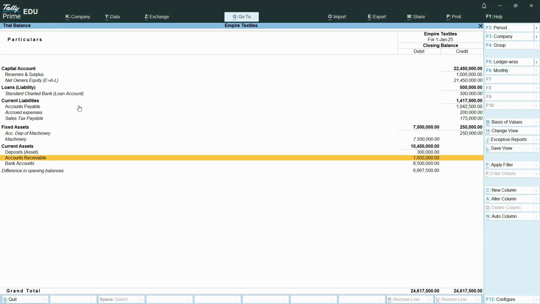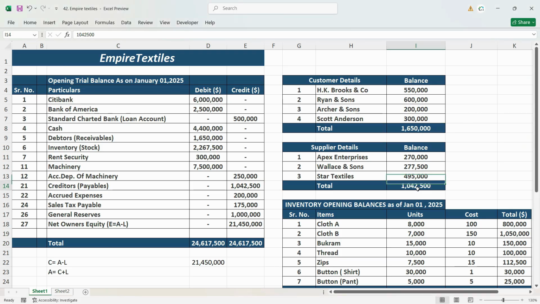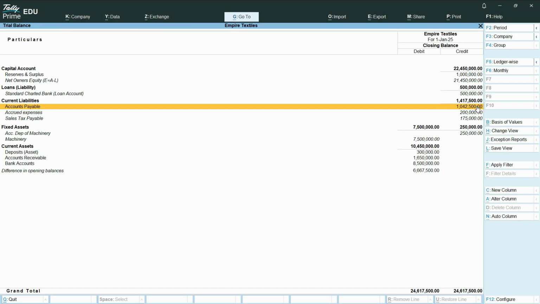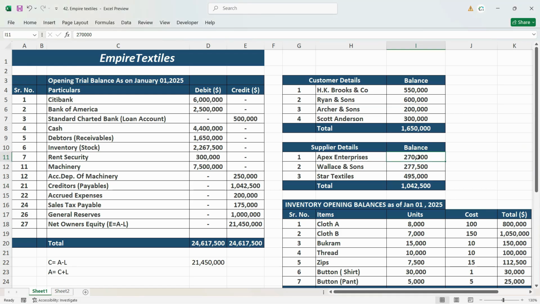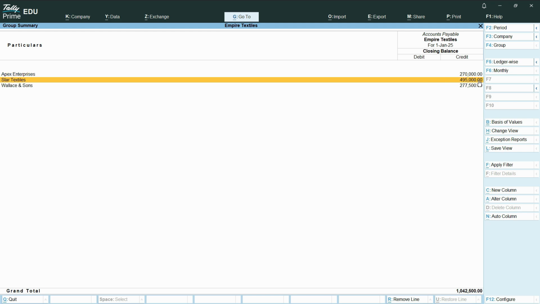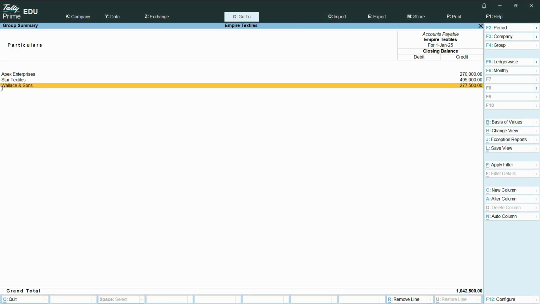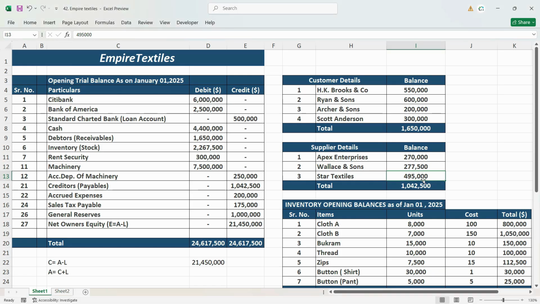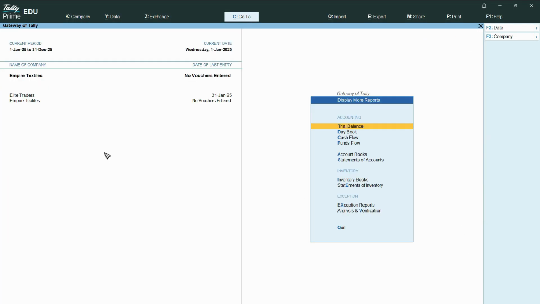Go back and then select accounts payable, and we have the total balance of 1,042,500. Here it is. Double click and you can see the details right here. Apex Enterprises 270,000. Star Textiles, it is 495,000. And the last one we have is Wallace and Sons, which is 277,500. So this makes the total. So all the balances are correct,